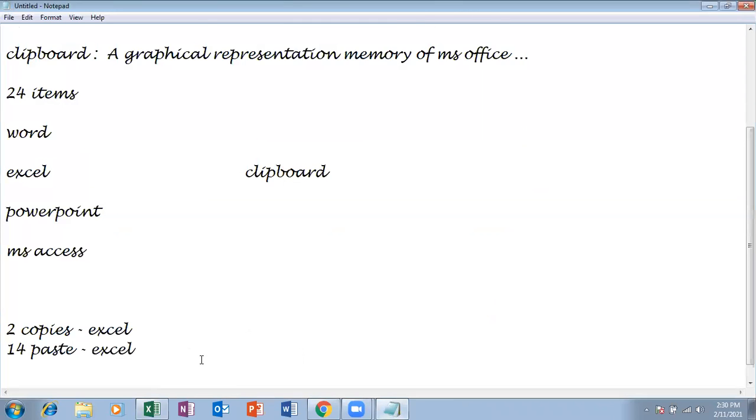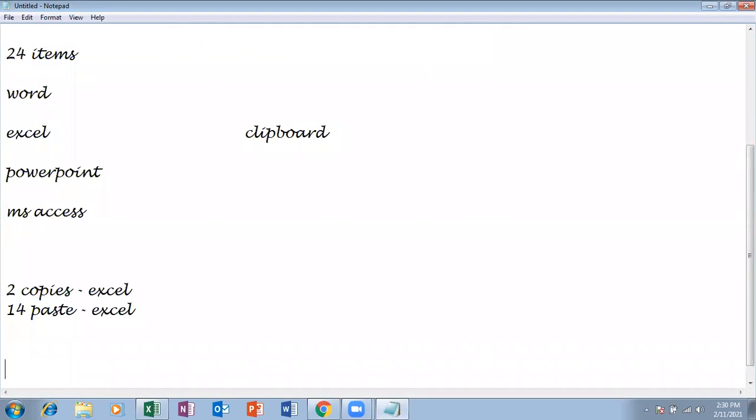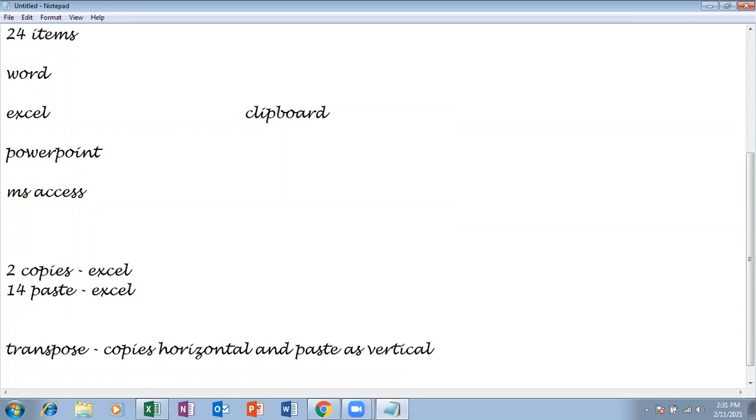So what does transpose mean? Copy horizontal and paste as vertical. Copy vertical and paste as horizontal.